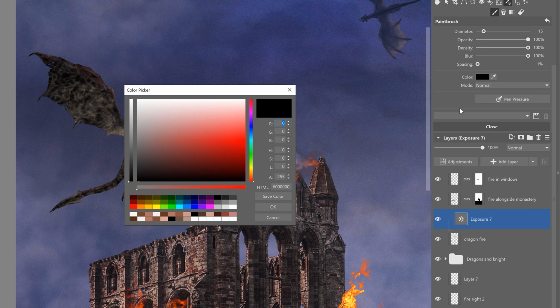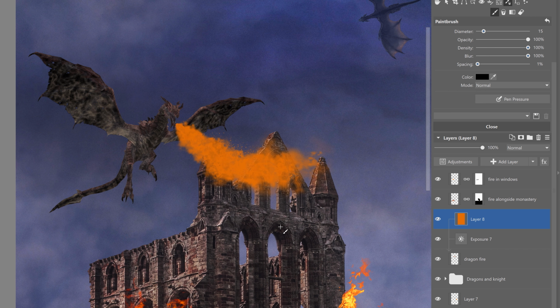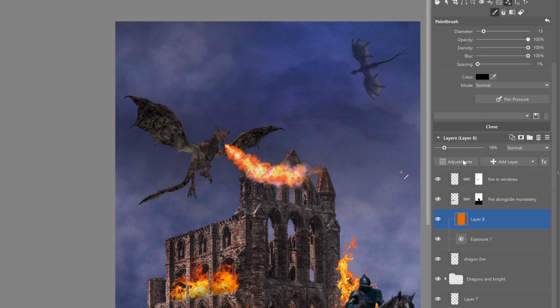Also, let's place a colored layer, choose this brick orange, and reduce the layer's opacity significantly.